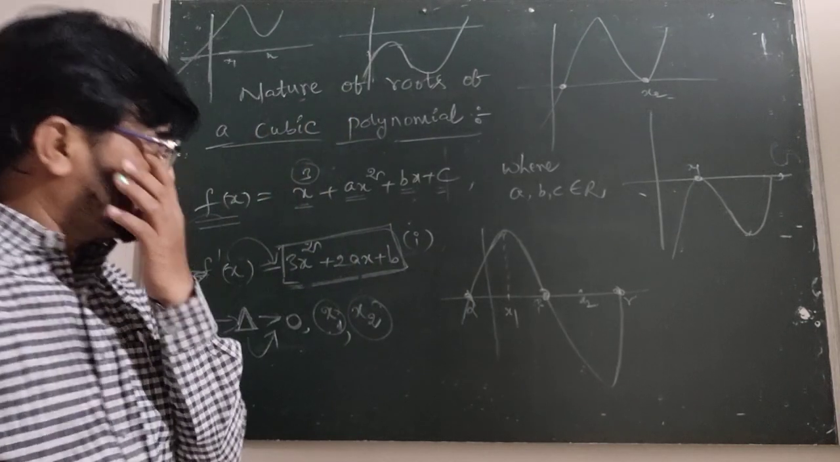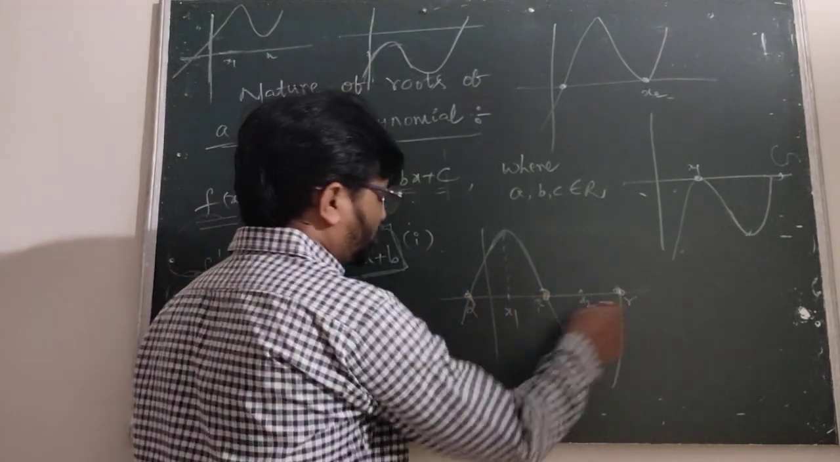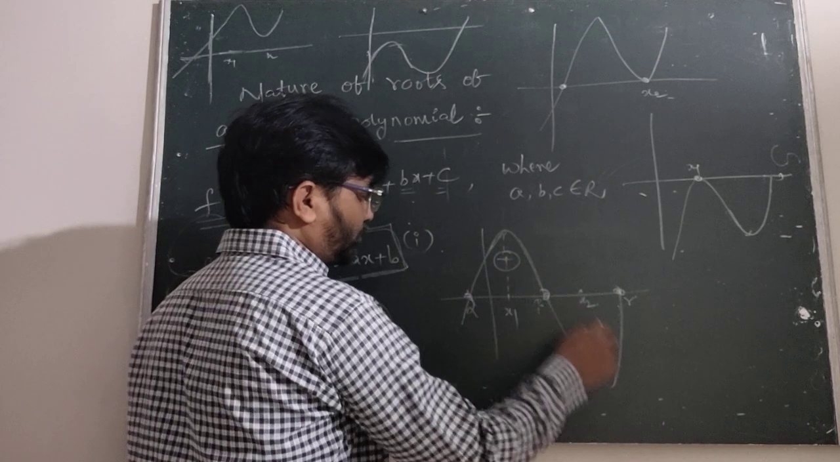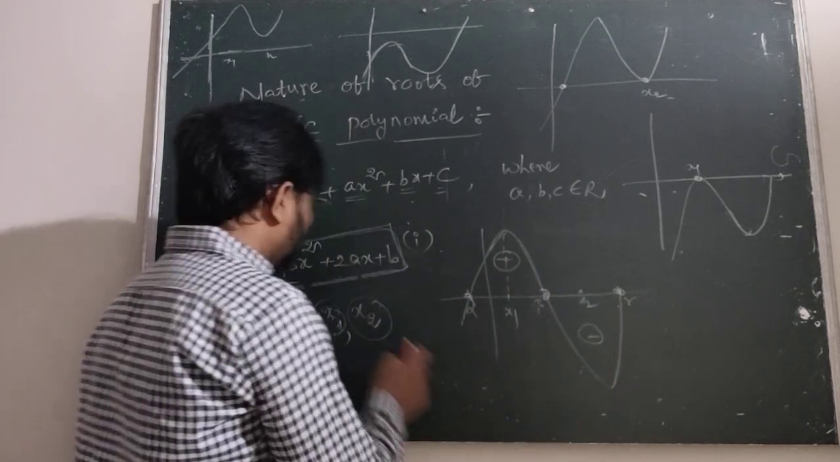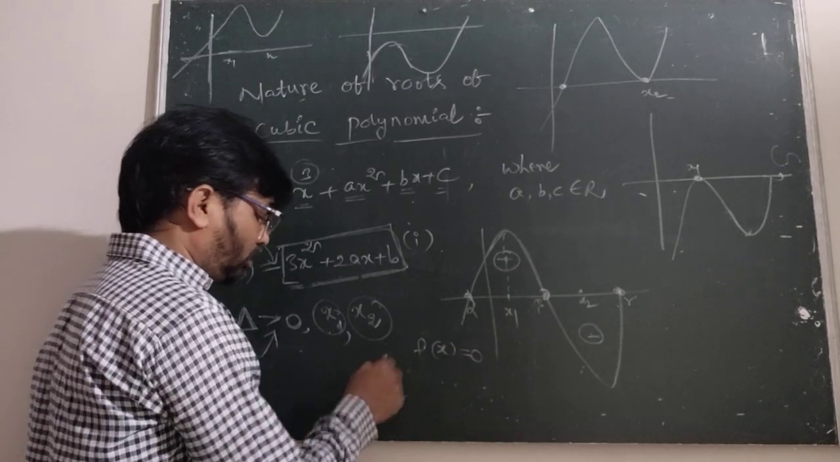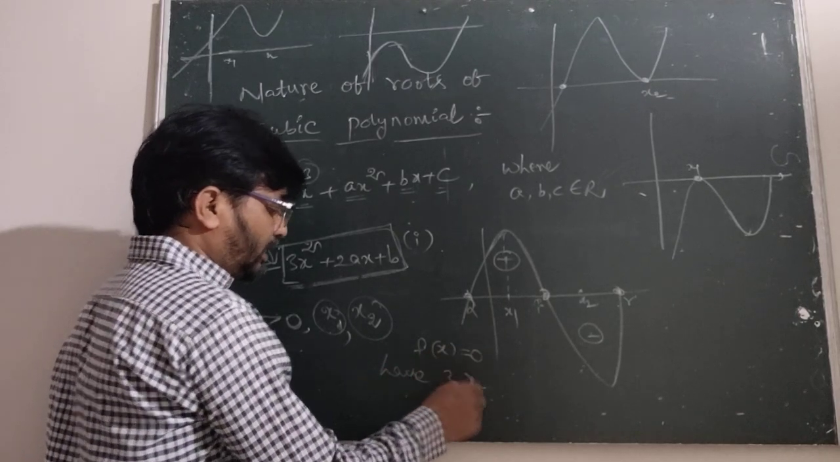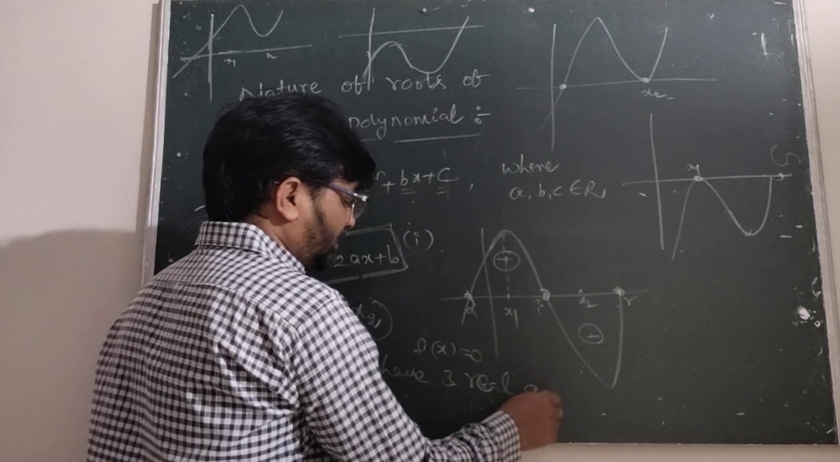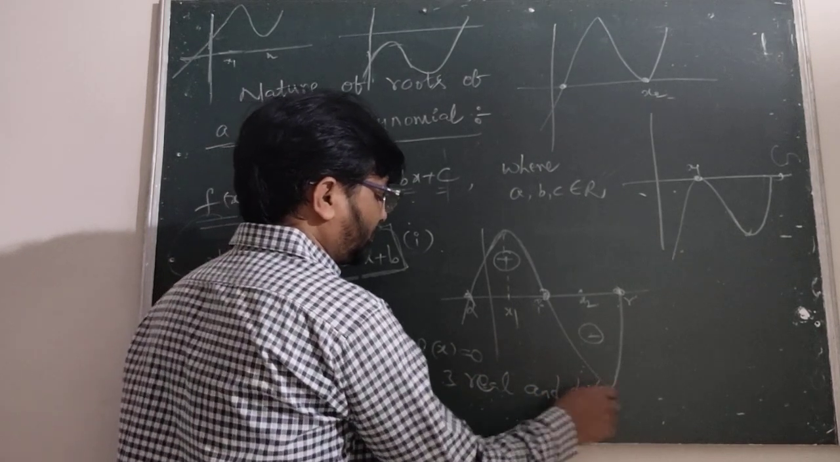Therefore, our observation is that the cubic equation has three distinct roots. Undoubtedly, this is positive and this is negative. Therefore, if the cubic equation f of x equal to 0 has three real and distinct roots,